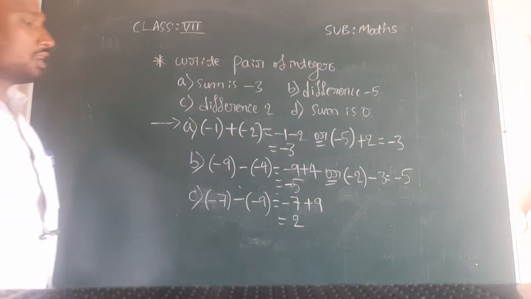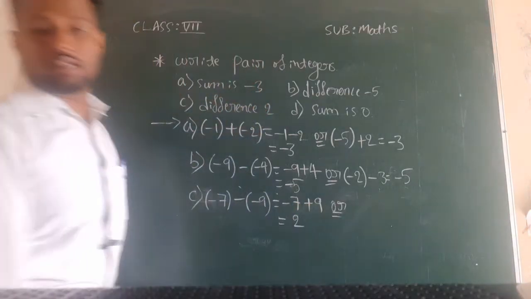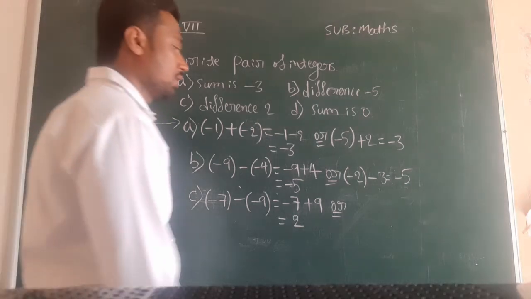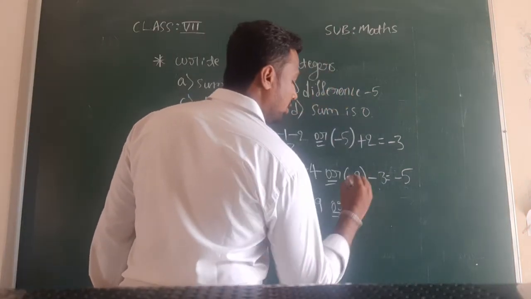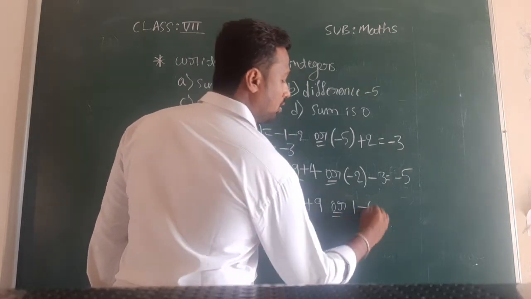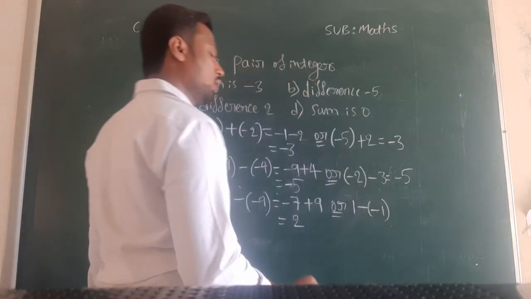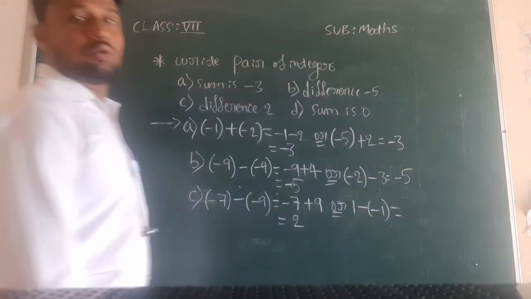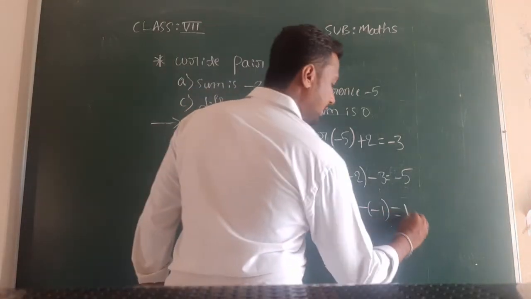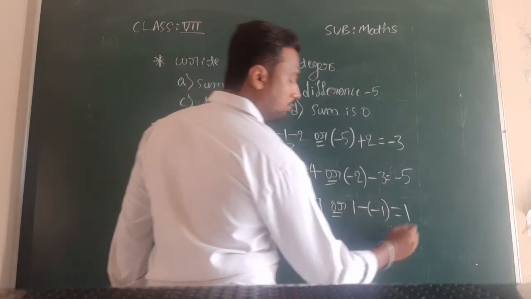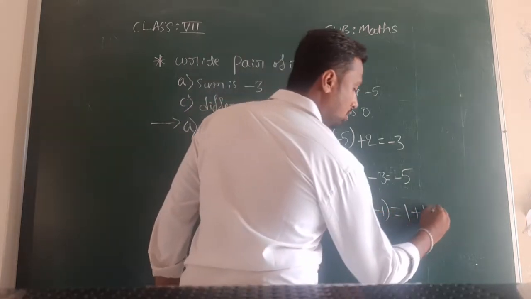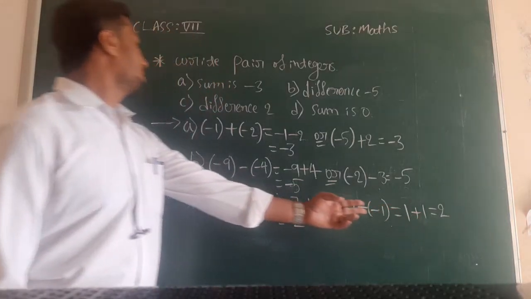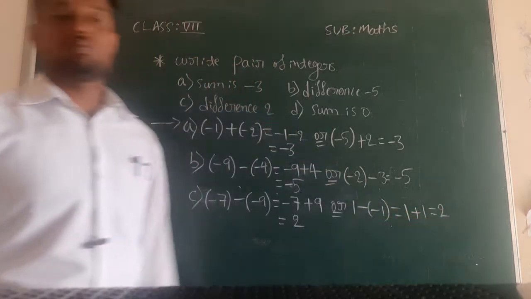Okay. So another value they have given here, 1 minus of minus 1. Here we have to subtract that. Therefore, remember in the middle there should be a minus symbol. 1 minus of minus 1. So let us see what we will get. Again we will start removing brackets here. 1 I will write as it is. Next minus into minus plus. So plus 1. Now 1 plus 1 means what we will get? 2. Again sum, what are you getting? Sorry, what is the difference? We are getting 2.